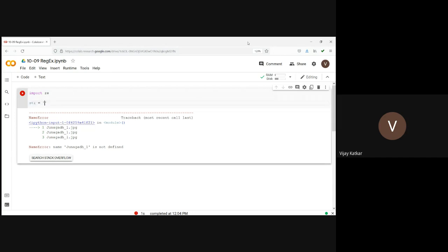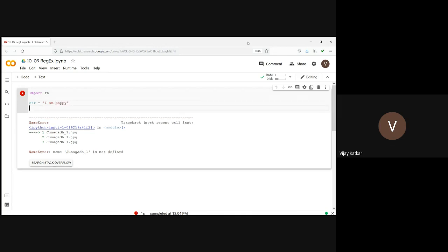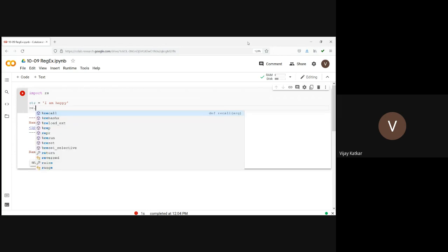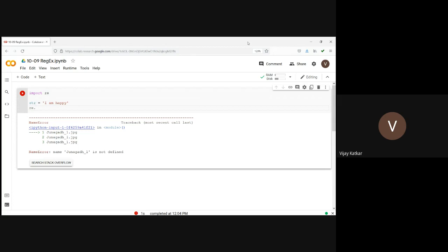Let's say my string is "I am happy". What I want to look for is A. So I can simply write x = re.findall, to find all the occurrences of A in the string.